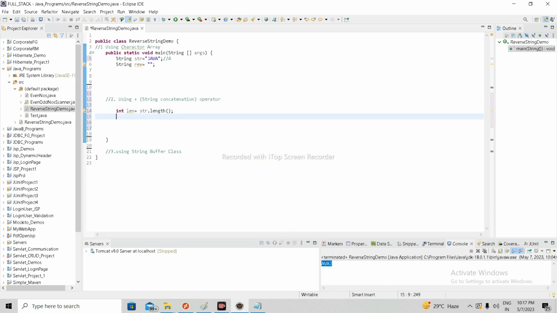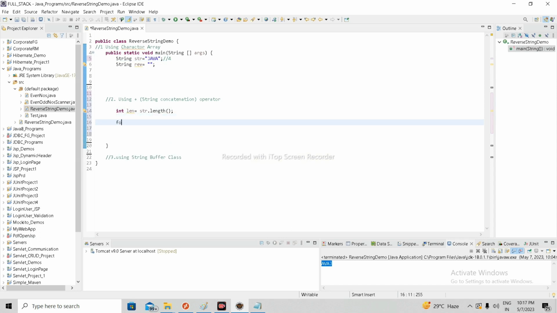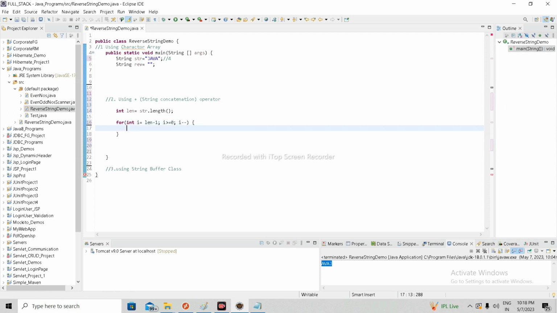Here I am using a for loop for iterating: for int i equal to length minus 1, then i is greater than or equal to 0, then i minus minus. This is a decrement operator.